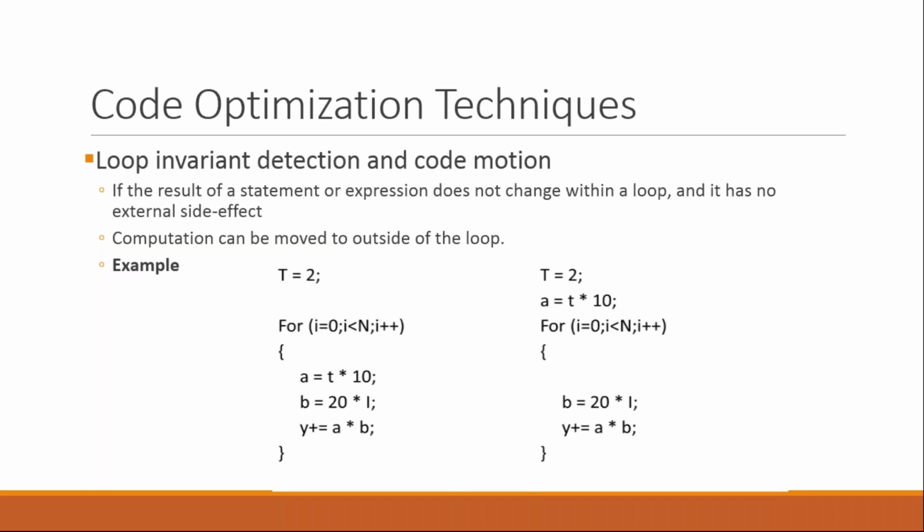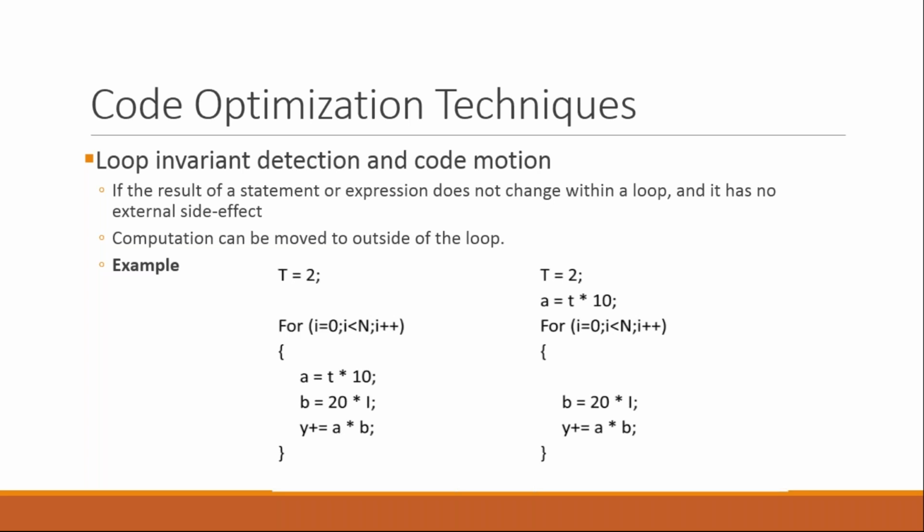Why? Because if my n equals 100, then a equals t multiplied by 10 will be compiled, or run, 100 times. So time is a major concern here: 100 times for a and 100 times for t. So in total 200 times we need to identify our code, and our compiler needs to store in the symbol table and give memory to the variable. If we use a pointer, we just need to initialize one pointer that points to your symbol table, your values, as well as your variable.